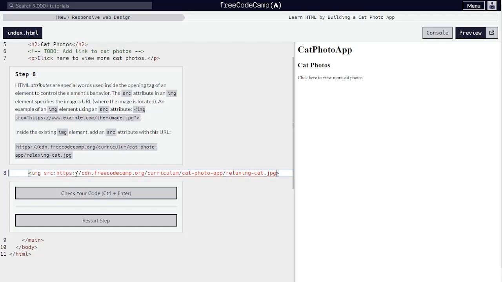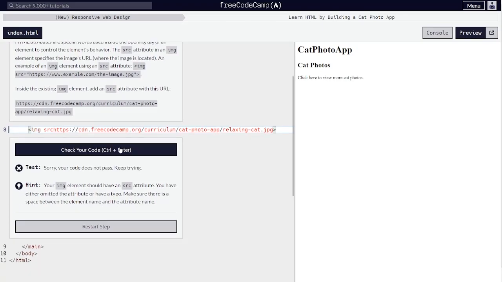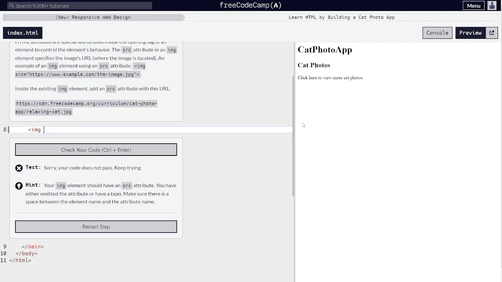and I don't think that's right. The source attribute, that's not right. Your code does not pass. Your image element should have a source attribute. So image equals, no, image source. You have either omitted the attribute or have a typo. Make sure there's a space between the element name and the attribute name. Alright, so let's do image source